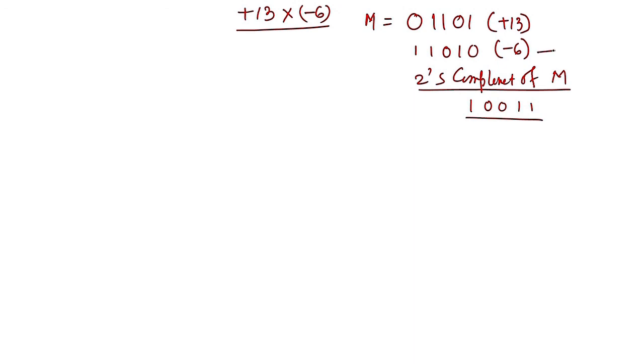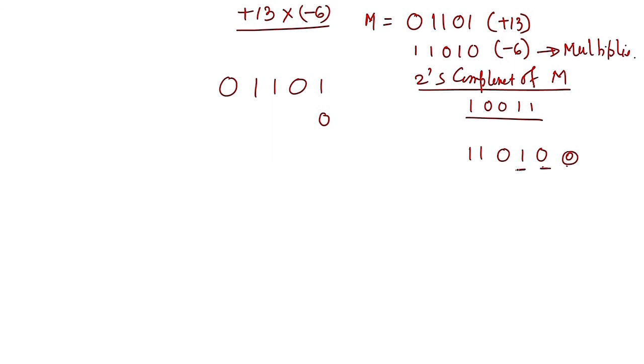Now, this is the multiplier. So, you write 1 1 0 1 0, and then we have to first convert the multiplier bits into the corresponding Booth's recoding. So, first we consider this 0. So, 0 0, that means no need to do any operation. So, we put 0 here.